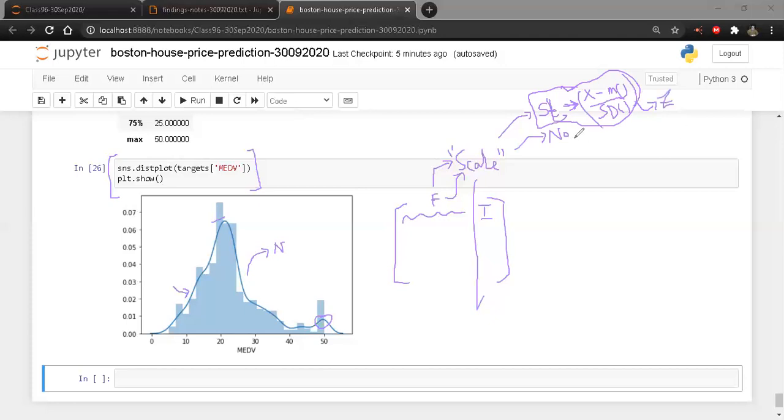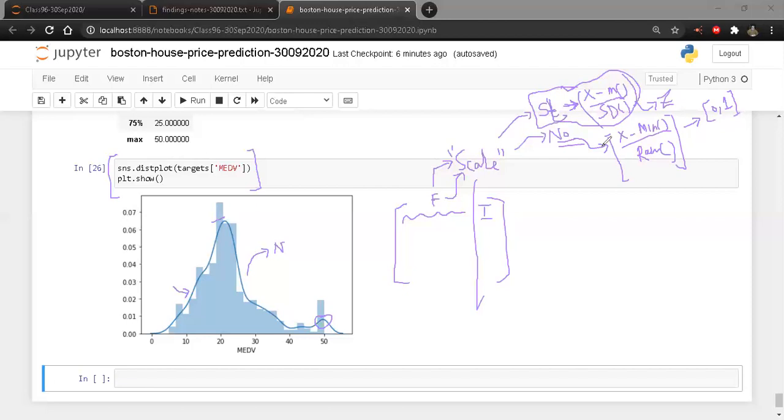The other way is the normalization. In normalization, what do I do? I take X and I subtract the minimum value of X from X. And then in the denominator, I take the range of X. So range of X will be what? Maximum of X minus minimum of X. If I do this, I'm eventually converting the feature, or that value of any feature, within the range of 0 to 1, right? So I'm simply normalizing the fields. This becomes very easy. Now my data set is going to be really properly scaled, and I should be able to use it. And the convergence, right? This is a topic which we talked about earlier as well.